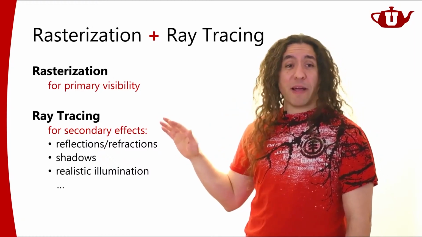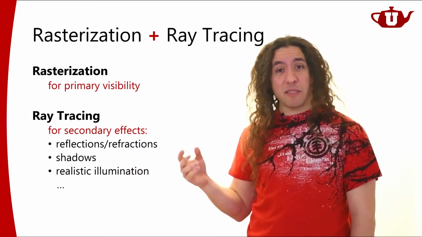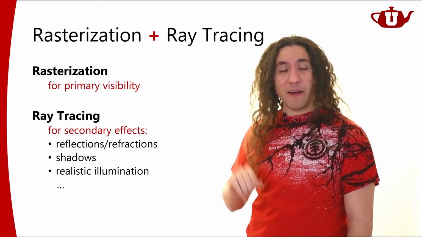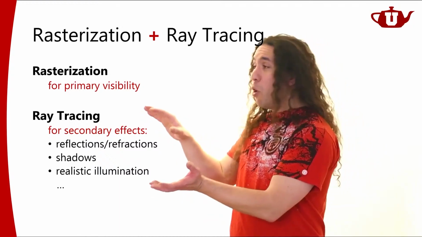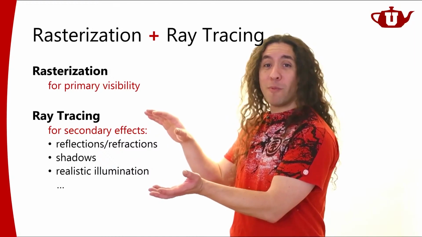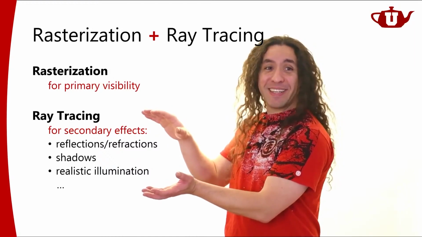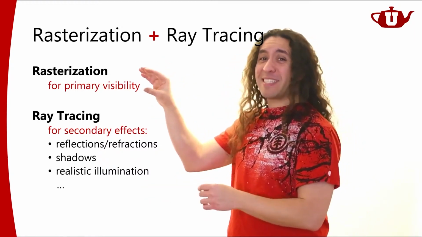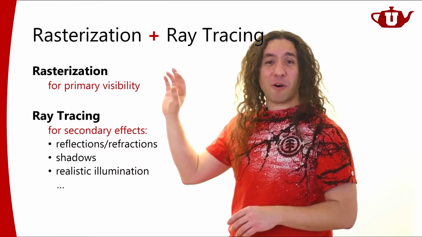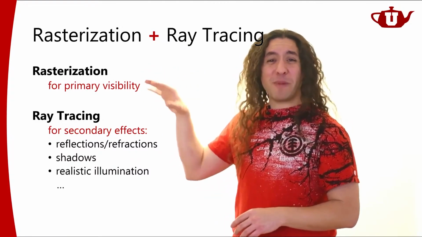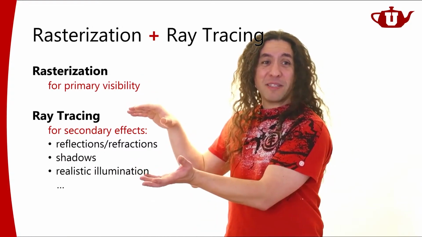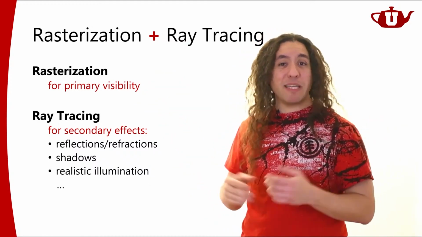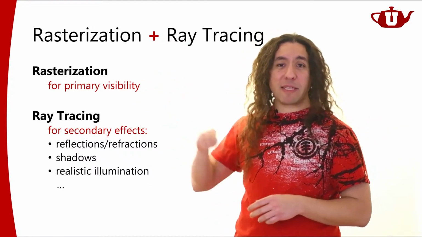Because for offline rendering, for generating those really super realistic images, this ray tracing part for secondary rays, the secondary effects, that's where you spend most of your rendering time. Almost all of your rendering time goes to this. And for this part, yes, ray tracing is slower, but regardless of whether you use ray tracing or rasterization, this part is so much faster than this part. So if I have a ray tracer, I might as well use it for primary visibility as well and be done with it. All right, I don't need rasterization.